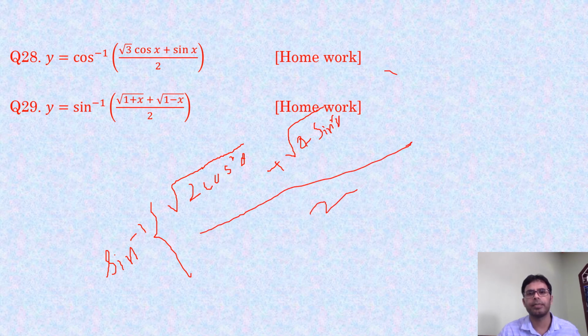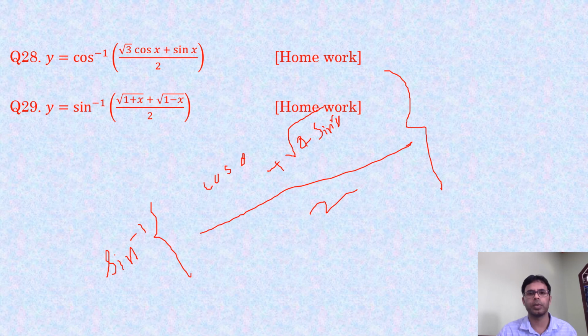Then this root 2 can be taken common and cancel with this 2 to get root 2. That means in the next line you will have,